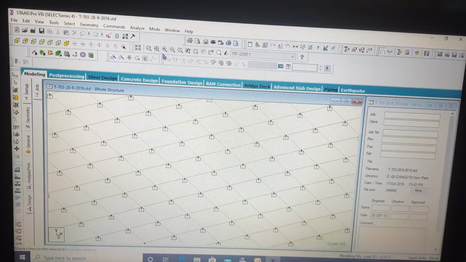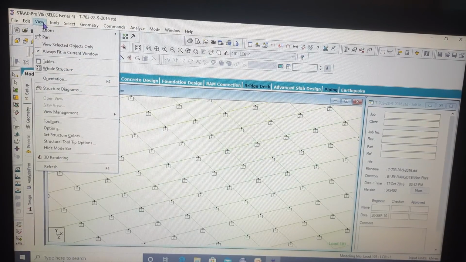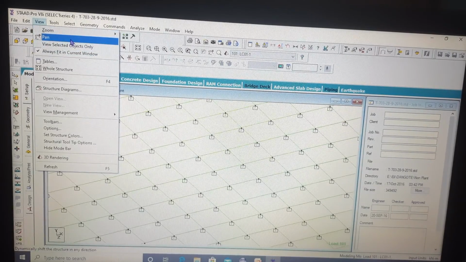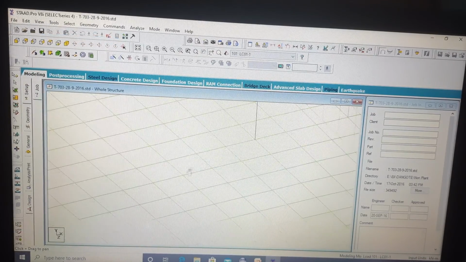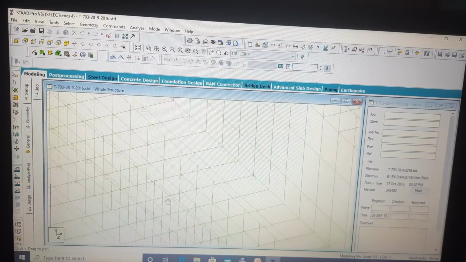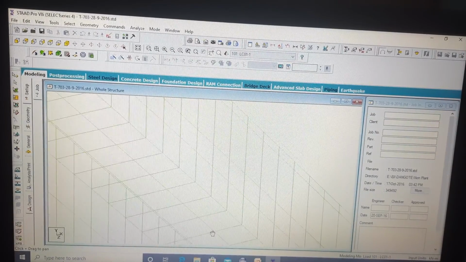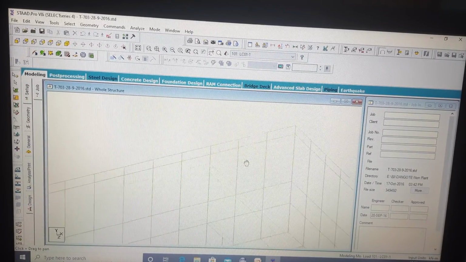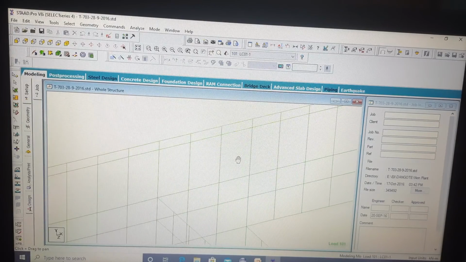So all this zoom related functionality is also available here. You can see here, these are also zoom related functionality. So this will be explained while modeling your structure. Right now you will not understand the specific use of each one, so I'll be explaining that later on. Now this is your pan. With the help of this pan you can move in your structure and see what things are there, what is the use of that thing. These things can be seen by clicking the pan tool.